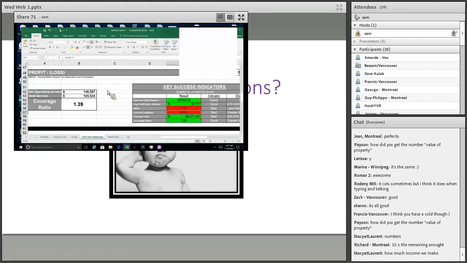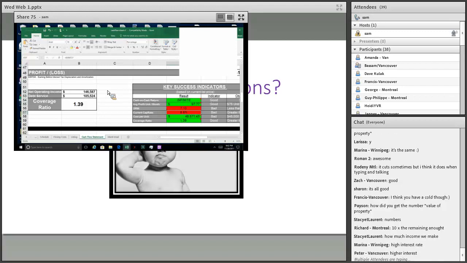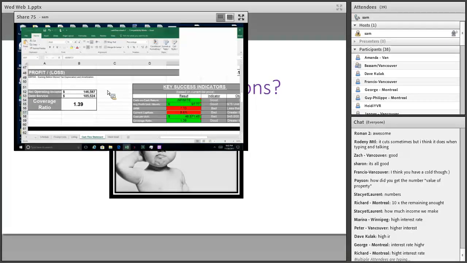If this was 1982, the cap rate would have to be about 25 for it to make sense. Can anybody tell me why? What was happening in 1982? Yeah, it was highest interest rates ever, right? We're almost 22% in 1982. So if you have mortgage rates at almost 22%, which didn't last long, but it was there. The government actually stepped in and backed it up a few points. Most rates were in the high teens, mid to high teens.